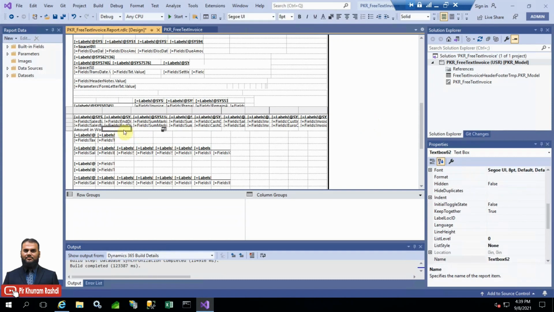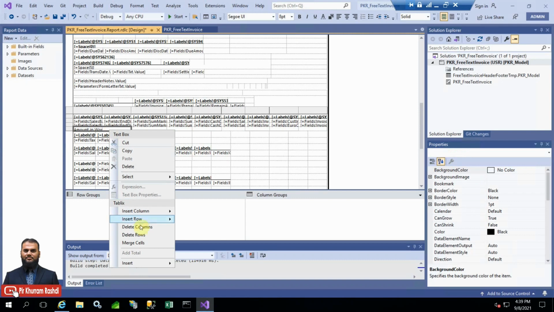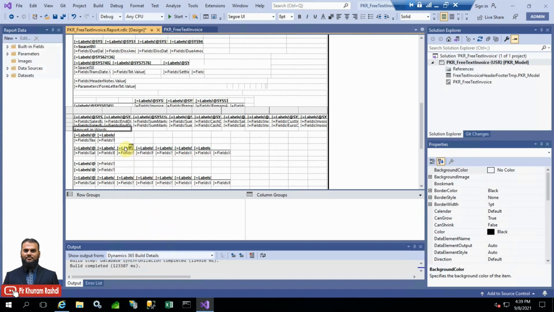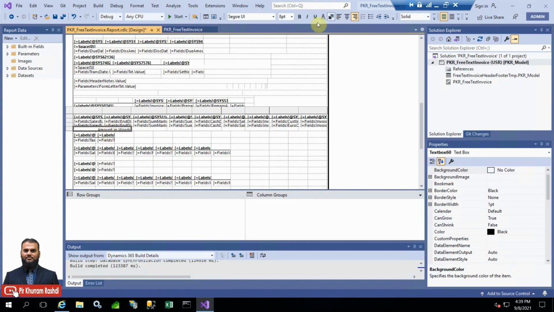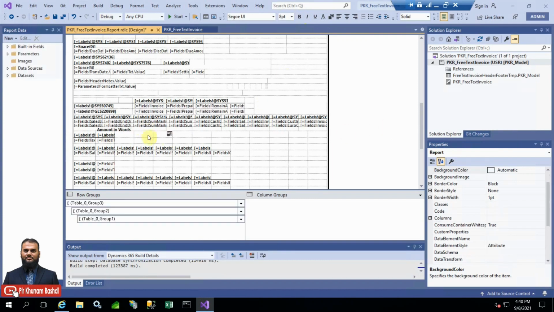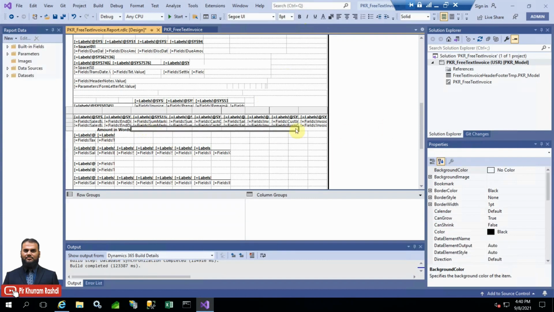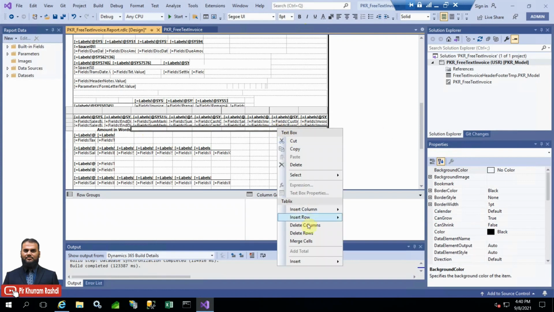Just after this, the text is a little bit large, so what I will do, I will merge the cells, and then also I will right align it, and later on we can adjust it as well. I will make it bold, and all these cells I will merge,